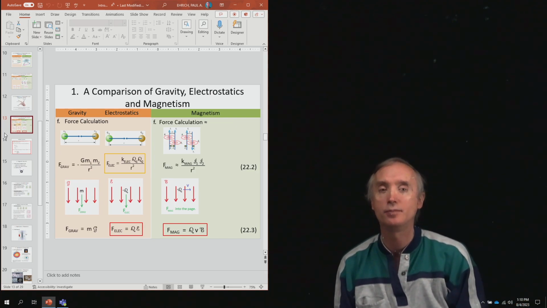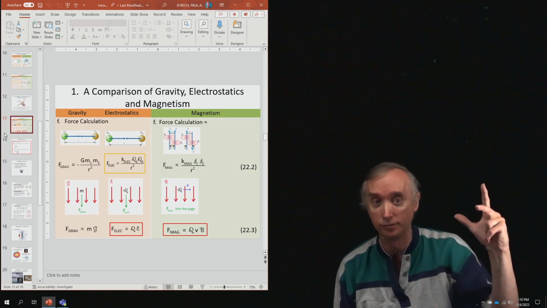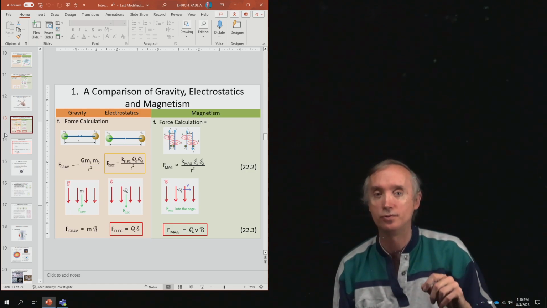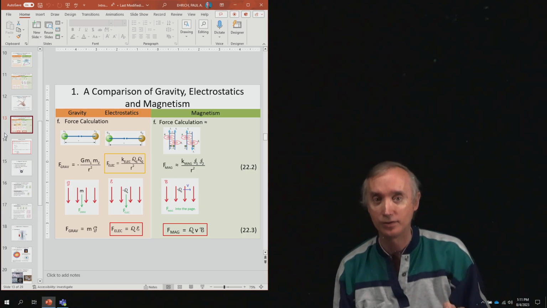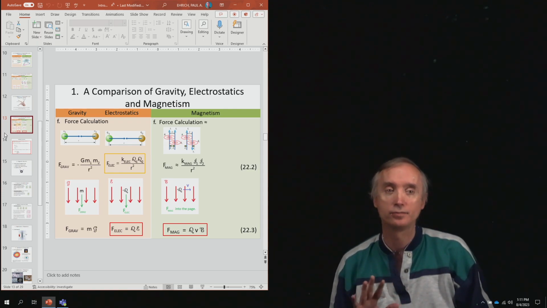Okay, in the previous segment, we talked about how to predict the direction of the magnetic force by using the right-hand rule. Now we want to actually calculate the magnitude of the magnetic force. And so, just as a review, let's go back to gravity and also talk about electricity to introduce the concept